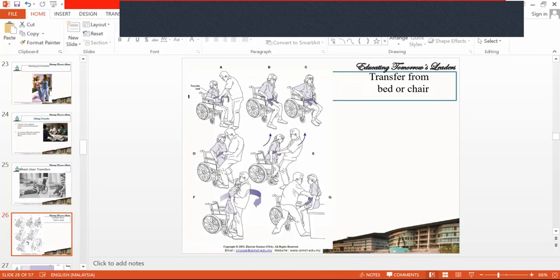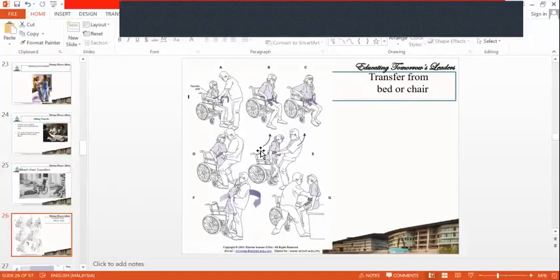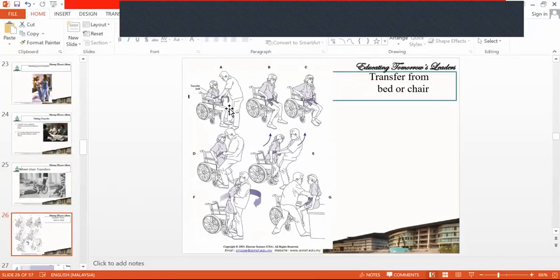So here, if you see, you can use a transfer belt to transfer a patient from one place to another. In a one-person transfer itself, instead of putting the hand over the waist, you can also use the belt. You can tie the belt over the patient's waist, then lift the patient by the belt and support the leg. Can you see here? This is the same one-person transfer. Instead of holding on the waist, you are holding the patient's therapeutic belt. Then give a push and make the person stand.